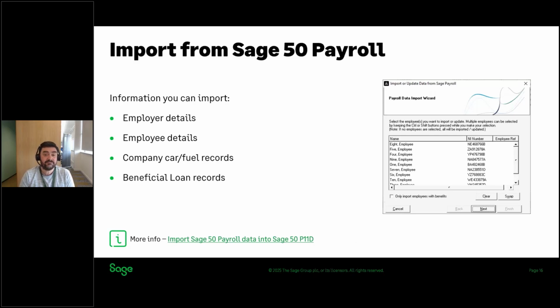50 P11D, and that's by importing information from your payroll. So within payroll, you have stored your employer details and employee details, but it is also possible to create company car records in Sage 50 payroll and process beneficial loans. So if you have any of those benefit types, so car records or beneficial loans set up, you can import that information into P11D, and you can also import your employer details and employee details so that for existing employees,